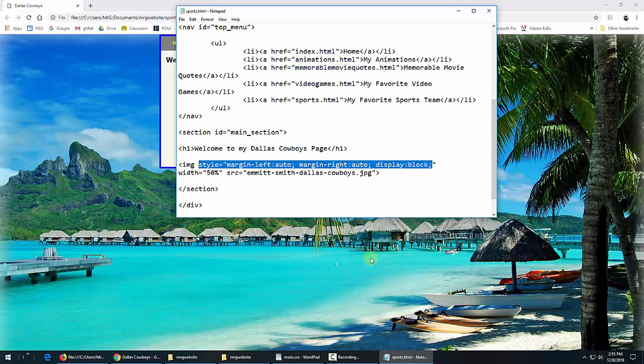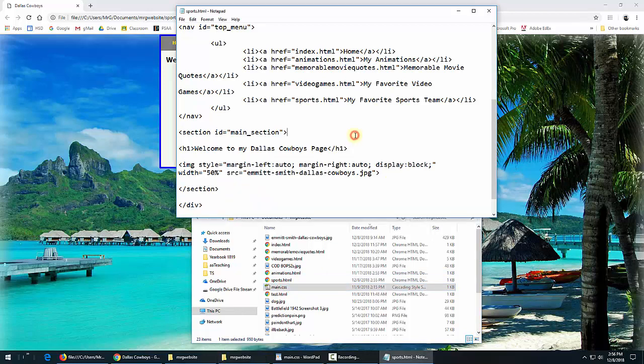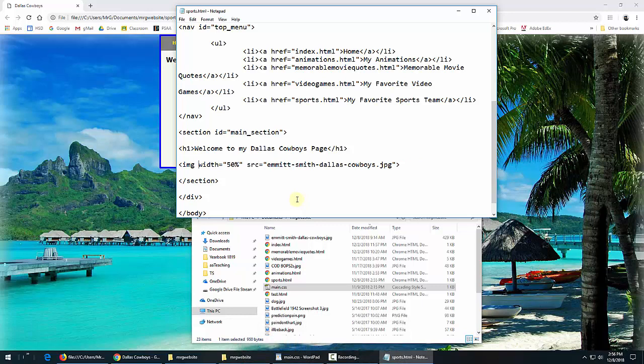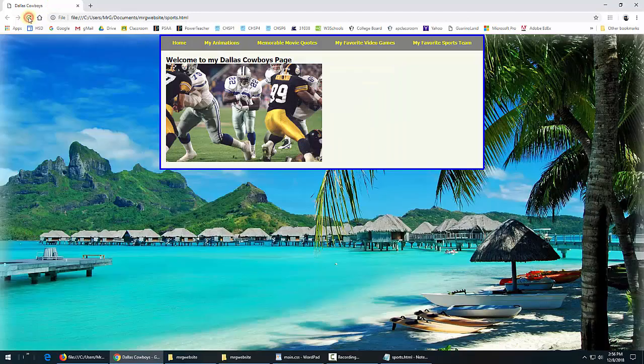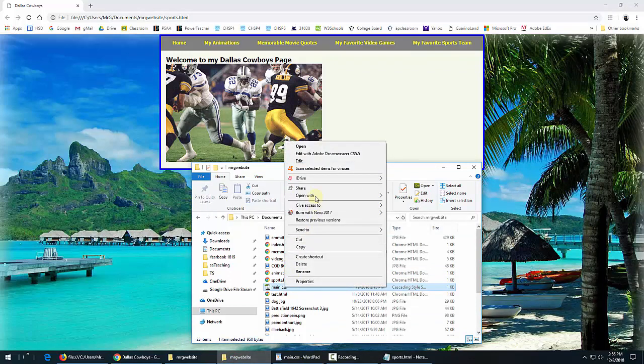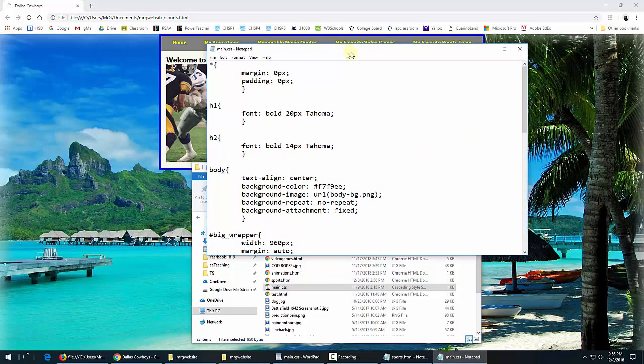So maybe you're guessing where we're going to do it. If we want it to affect our whole website all the time, if we go into our main.css and change it there, or put it there, then it'll work all over. However, so let me cut this out of here. And so we just have this. And then refresh it. Okay, so it's not centered anymore. If we go into our main.css, if we open that in Notepad,